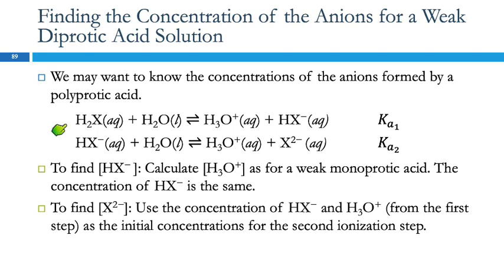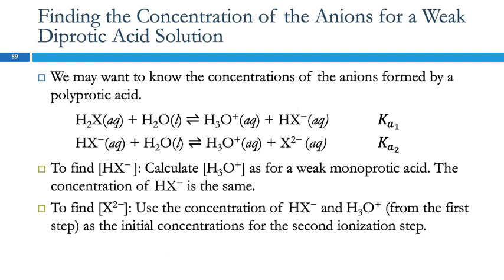So here's our first ionization. Here's our second ionization. If we want to find HX, we're just going to calculate hydronium ion concentration for a weak monoprotic acid. That's just one ICE table. That's basically the same process as finding the pH. But if we want to find that second ion, it's missing both of its hydrogen ions, then we're going to